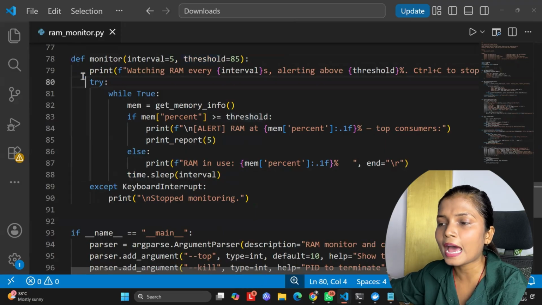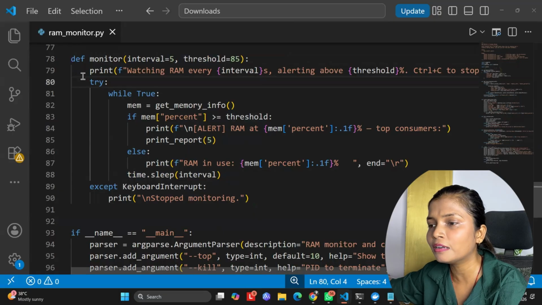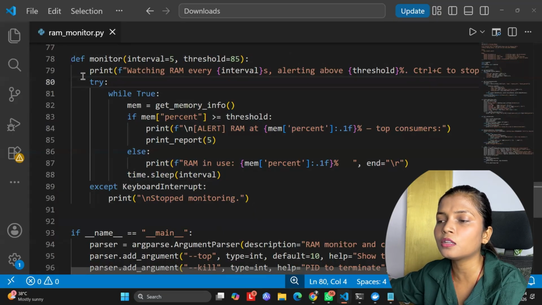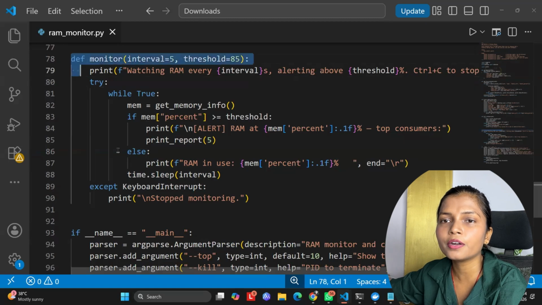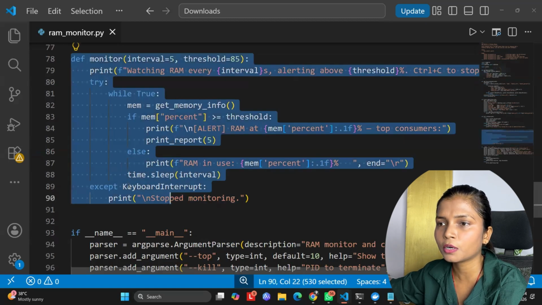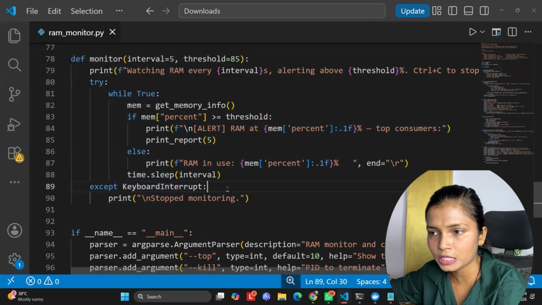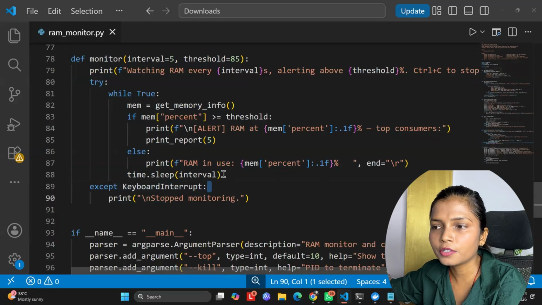So you can catch the exact moment of spikes, and otherwise it will print quiet single-line updates. Whenever you are done and want to break the loop, you can just press Control C from your keyboard. We are basically doing the keyboard interruption, and you can terminate this particular function with Control C. You can see I have written KeyboardInterrupt also.